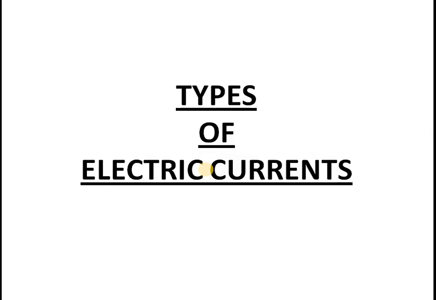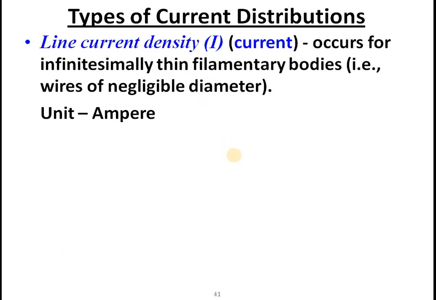Okay. Now in magnetostatics, we deal with a number of different types of currents. So currents are like this. We have line current or linear current. This is the current actually flowing through straight thin wires. Such a current flowing through straight thin wires is called line current. Okay, and this is usually measured in the unit of ampere. That is a typical current that we talk about.